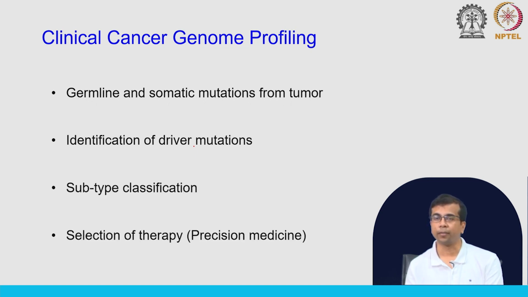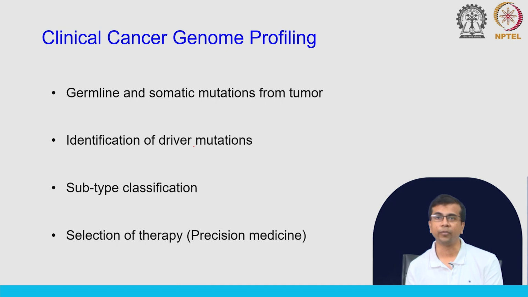We can identify different subtypes of tumor. Different subtypes show different characteristics, and they also respond to different therapy. So, by studying these variants we can do something called subtype classification, and that can help in selecting the appropriate therapy. There is this term we introduced earlier, which is called precision medicine. In the first few classes, we talked about applications of NGS and we talked about precision medicine. Precision medicine means we are